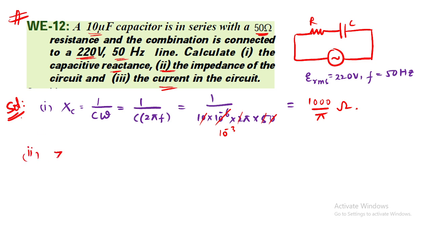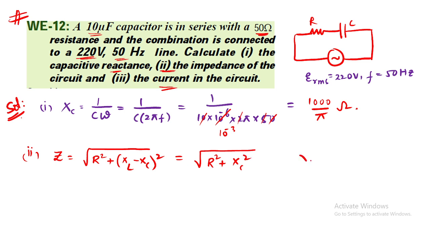Now impedance. Yesterday we studied impedance, right? Which is nothing but the square root of R square plus XL minus XC whole square. We studied or not this one? XL is 0 here. XL is not at all there. So this entire formula converts into just XC square, yes or no? XL is actually 0 because there is no L here. L is 0.